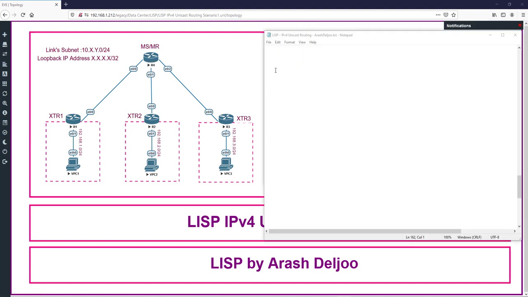Now it's time to configure router 4. Let me show you how we can configure the MS or MR. You know that this is the mapping server and also mapping resolver, router 4. The configuration of MS and MR is so easy. First, we should go to the router LISP mode, same as the XTRs, router LISP. Then we need to use the site command, site, for example, site name. We have in this scenario 3 sites, site 1, site 2, and site 3,